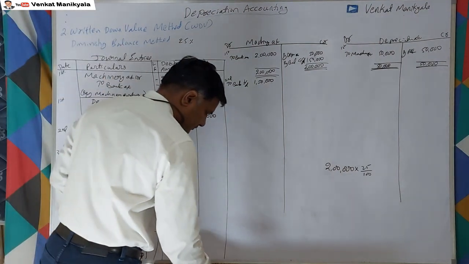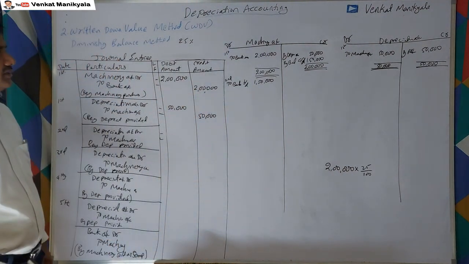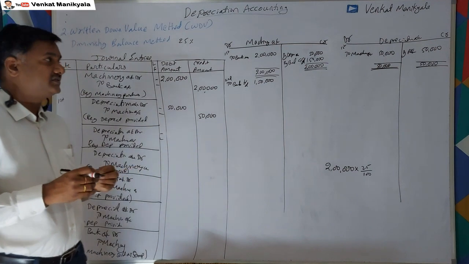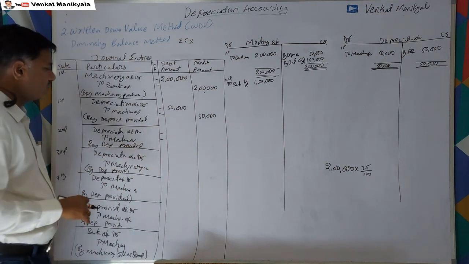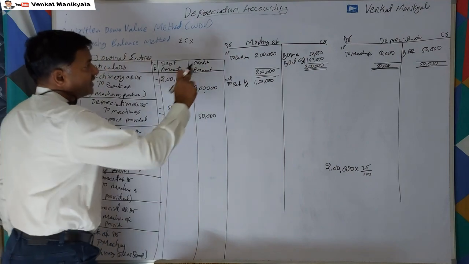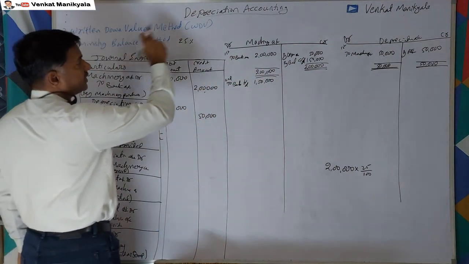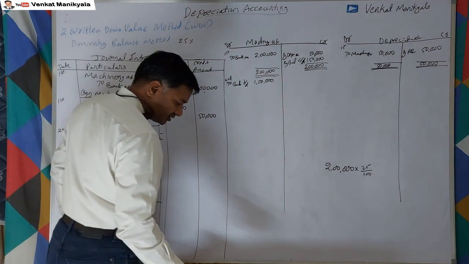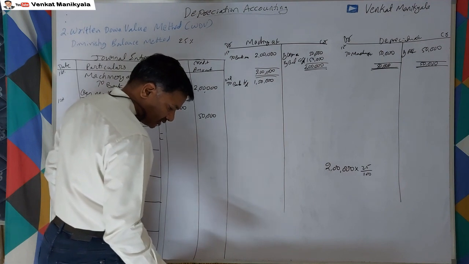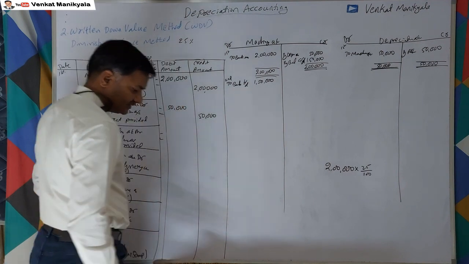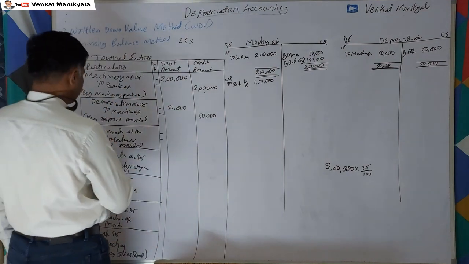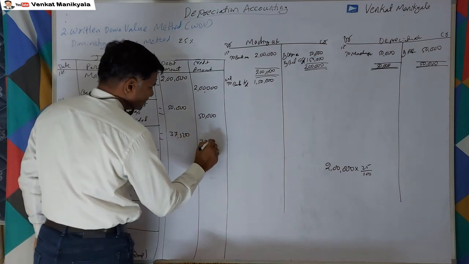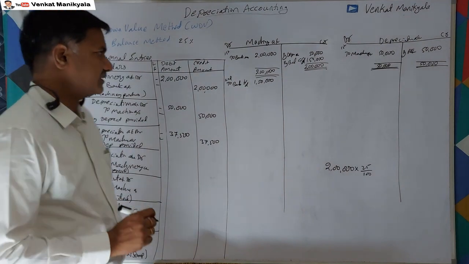So how much is the depreciation here? Previously, under the straight line method, once we calculated depreciation per annum, we repeated the same amount. Now the same repetition should not be there. What is the balance here? 1,50,000, the written down value, is the balance brought down. On 1,50,000 we calculate 25%, which is 37,500. 37,500 is the depreciation for the second year.